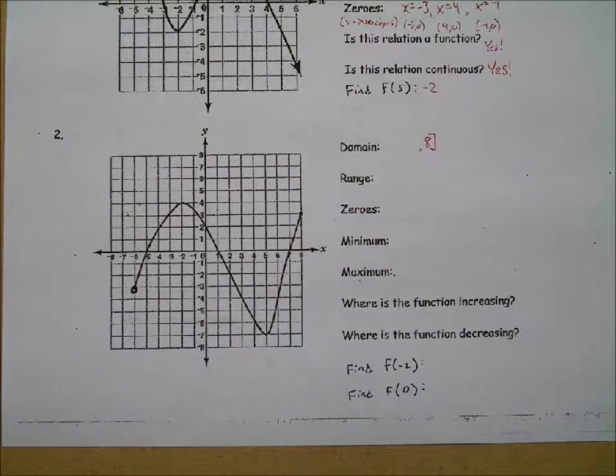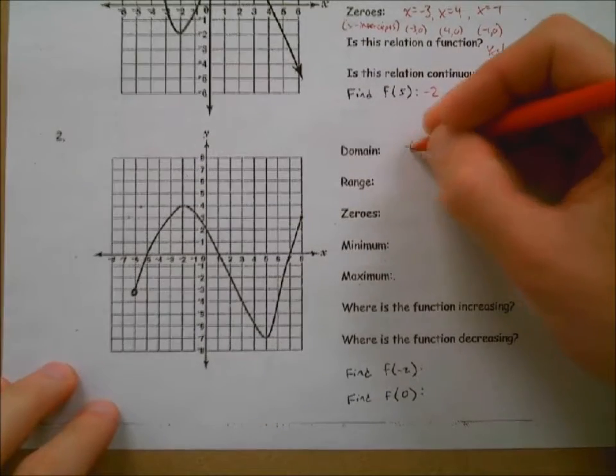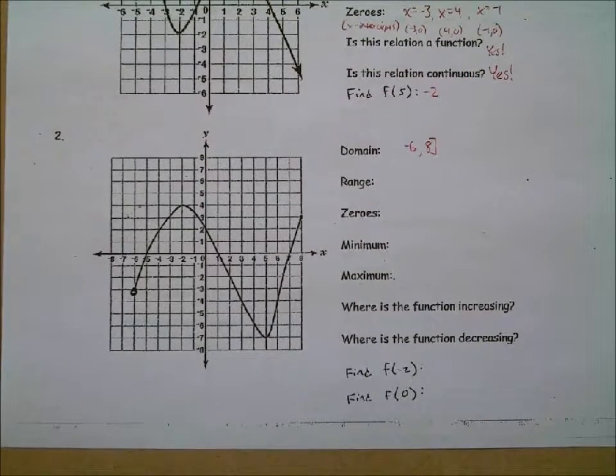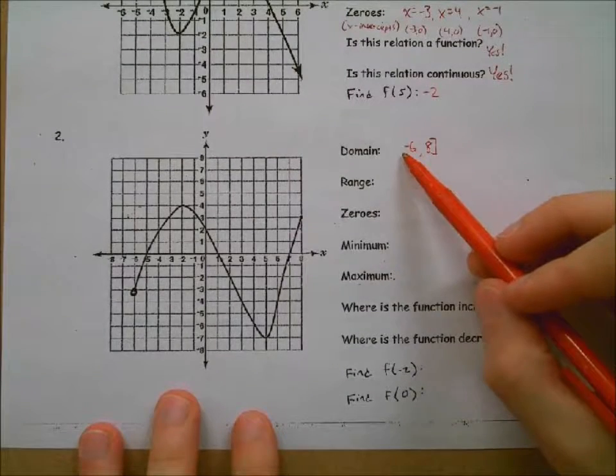Go left. -6. Do we get to the -6? Well, what do you see at the -6 on the graph? An open circle. Since it's a hole, do we include the -6 or no? No. Okay. So we go to the -6, but we don't include it. What kind of grouping symbol am I supposed to use here?